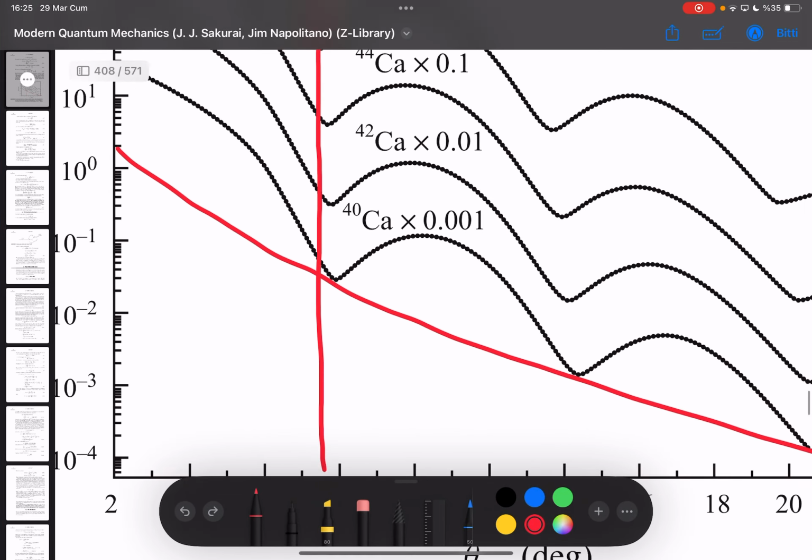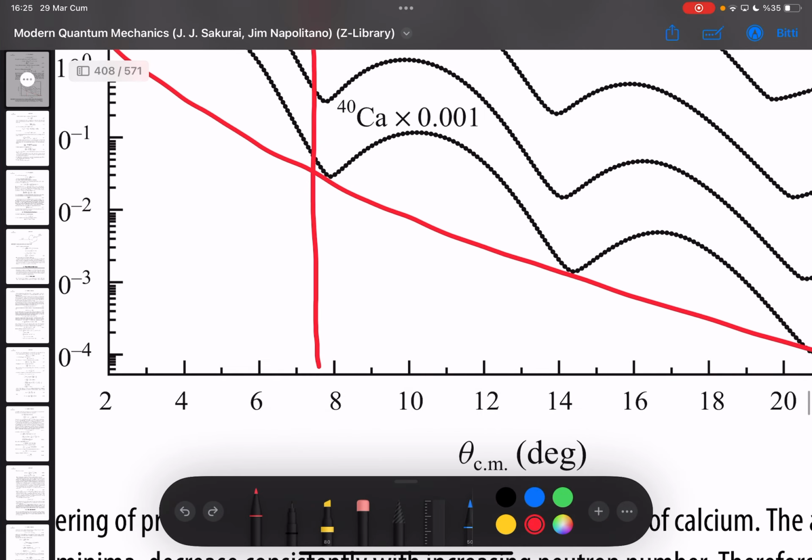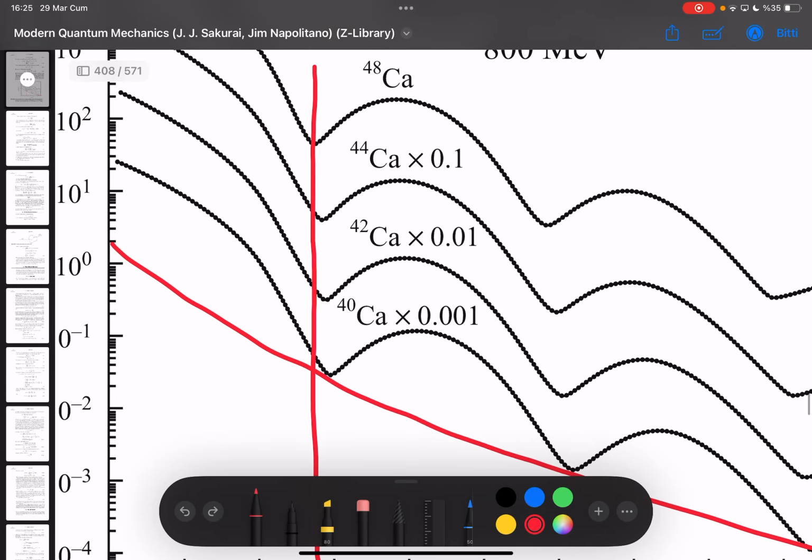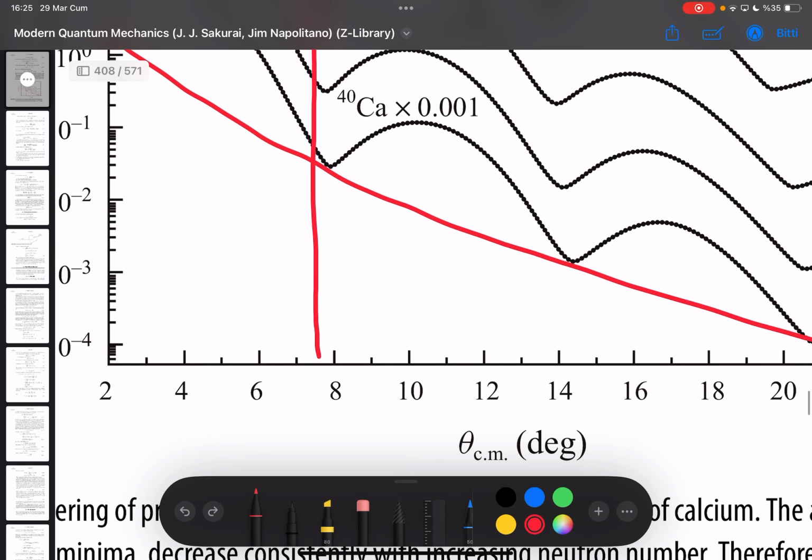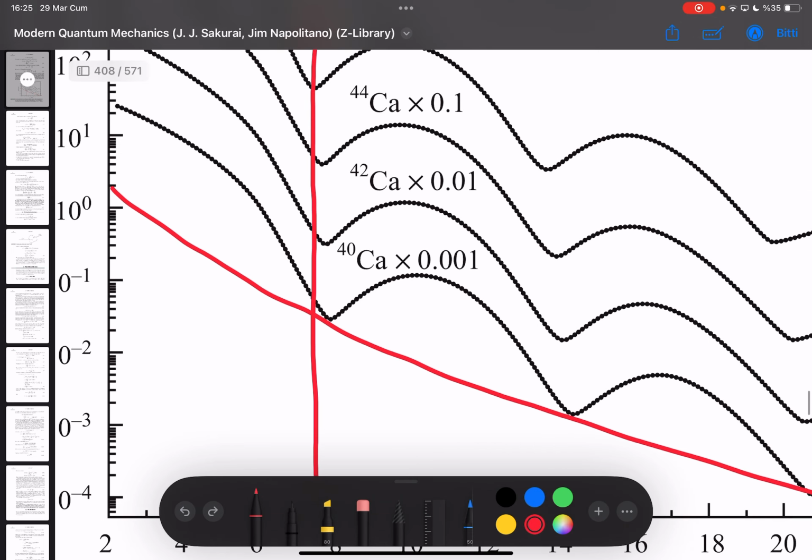Now, let's see. The zeros are at larger values of theta in each one of these lines. So the zeros are at larger values of Q, so that a zero at a larger value of Q means there's a smaller value of A,